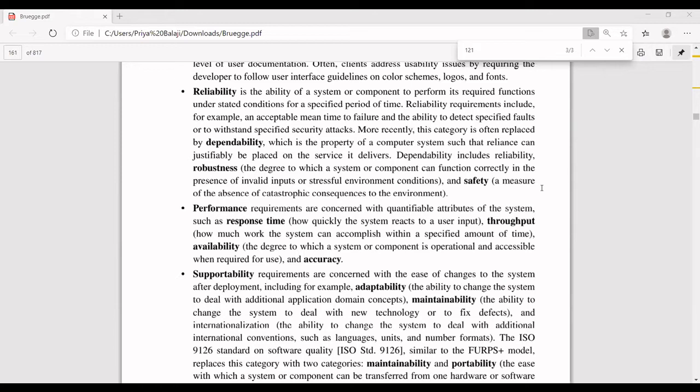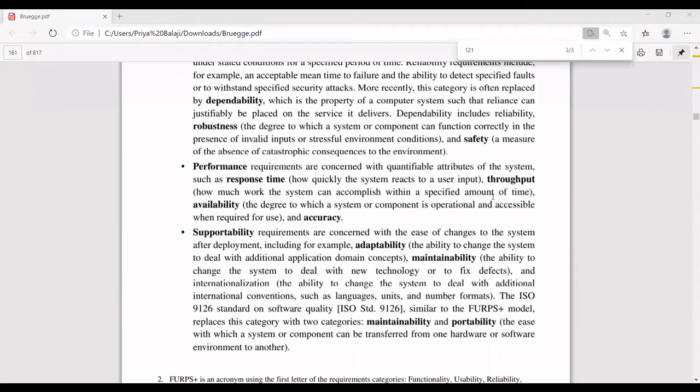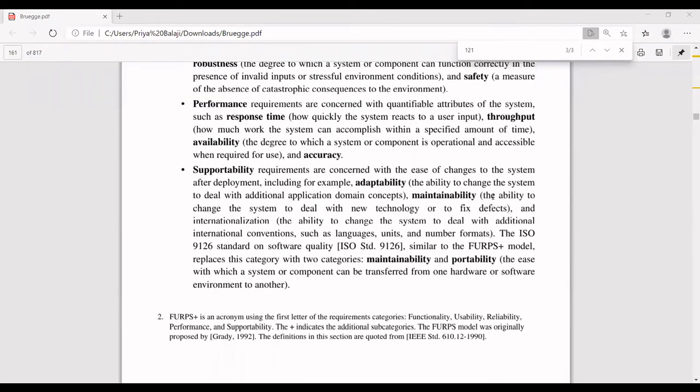Next one is your supportability. What is meant by supportability? If I have to change the system after deployment, how adaptable is my system, how much can my system adapt to the change, how much can it adapt to the new technology. All such things come under supportability. Supportability is mostly called your maintainability, and it is about changing from one thing to another.